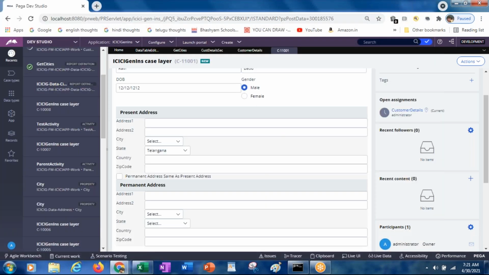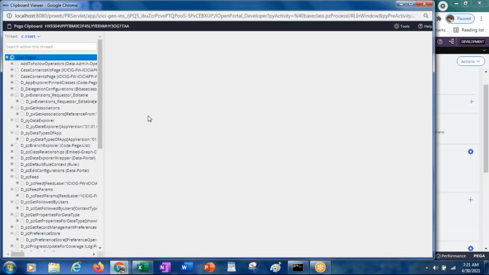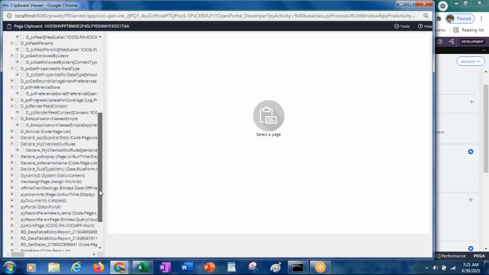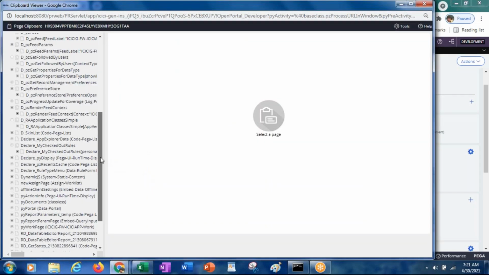But the permanent address are single page properties. First name, last name, date of birth, gender will be under the direct pyWorkPage, and the state will be under the present address.